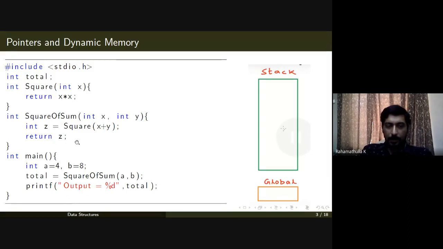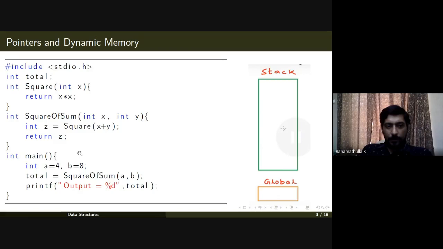This program is written just for demonstration, not for any other purpose. This program can be implemented in a much more efficient manner than this. But in order to demonstrate nested functions, a function calling another function, I have written it like this.